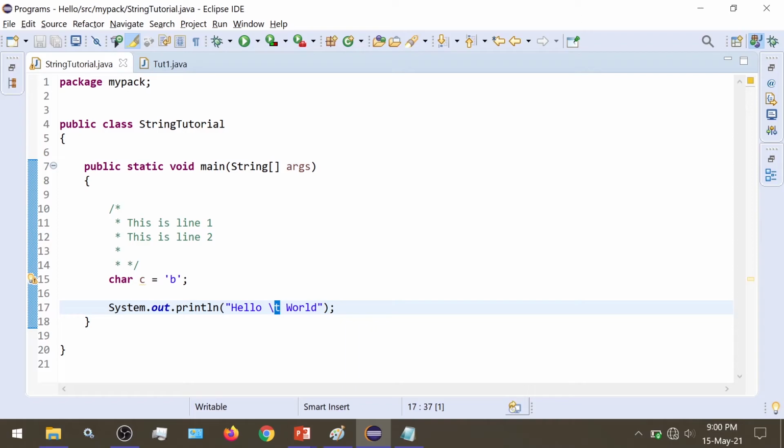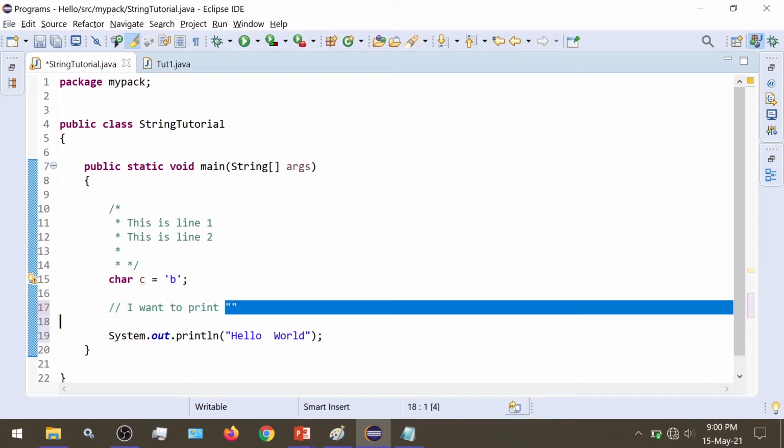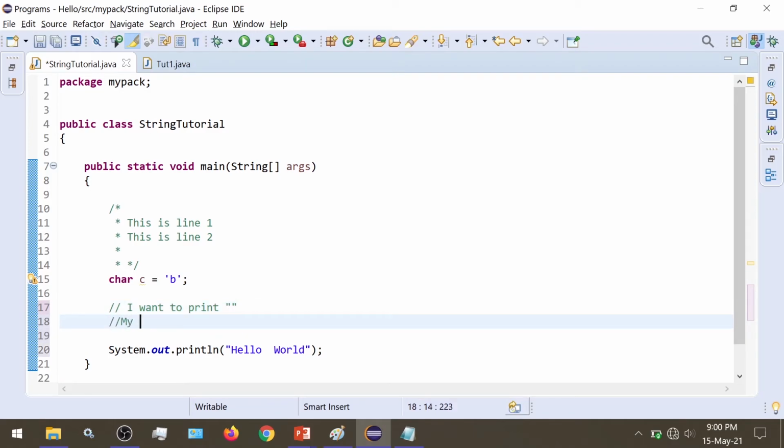Another use is, suppose I want to print the double quotation marks in our statement. Suppose I want to print a statement like my name is "hello", with these double quotations included.